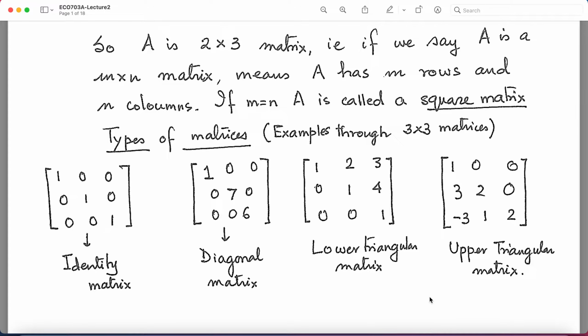I today will start with a correction. I told you I cannot remember names very well. So, here what I wrote as lower triangular matrix I was suspecting is called upper triangular matrix. If all the entries below the diagonal are 0, we call it lower triangular. If all the entries above the